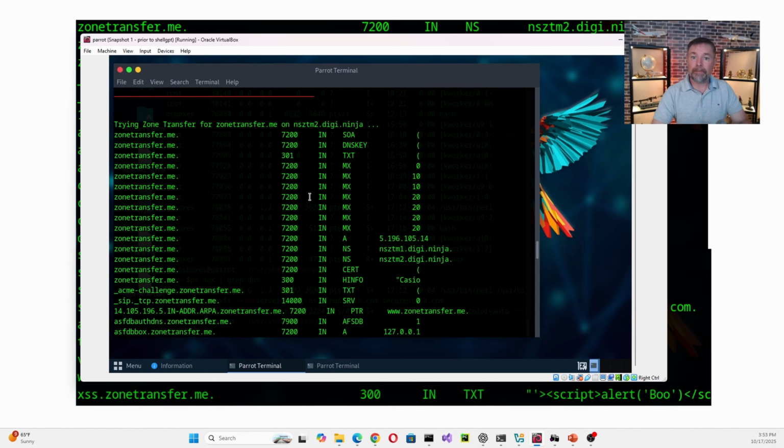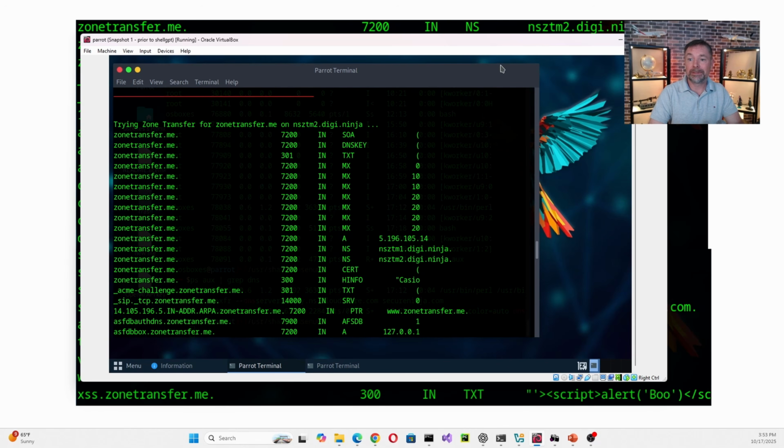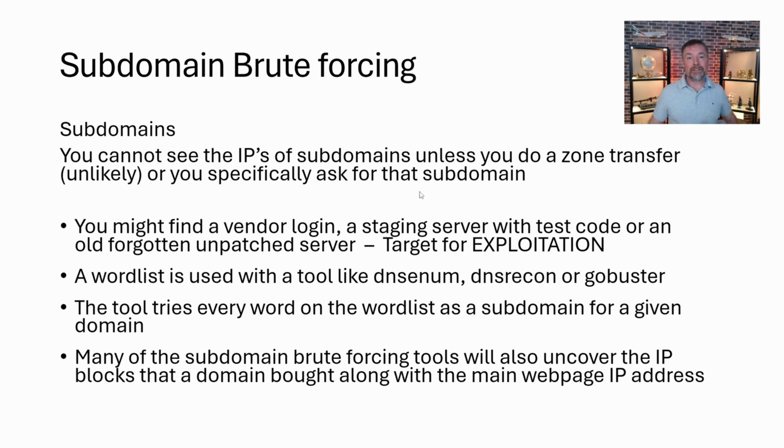So yeah, some pretty good information. So there is a website. If you want to practice your skills, go ahead and check it out. It's a very good example. Awesome. So that was our zone transfer, successful at the very end, because that DNS server zonetransfer.me has not been set up with security. And you'll notice previous to that, when we went to secureninja.com, we also did some subdomain brute